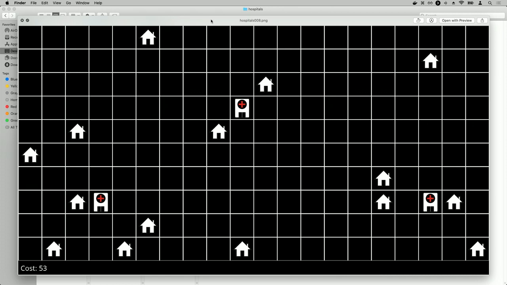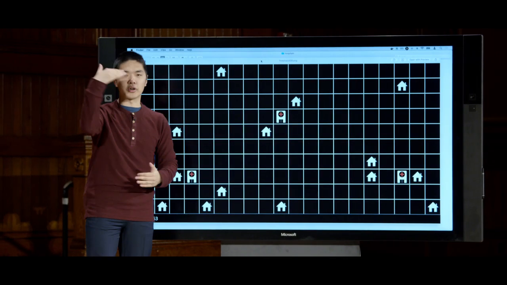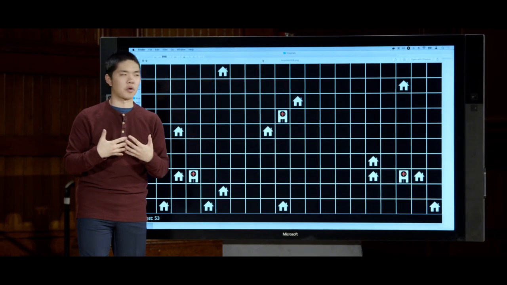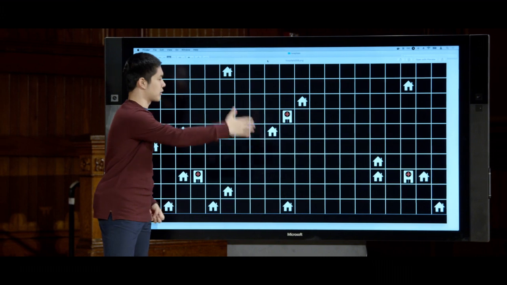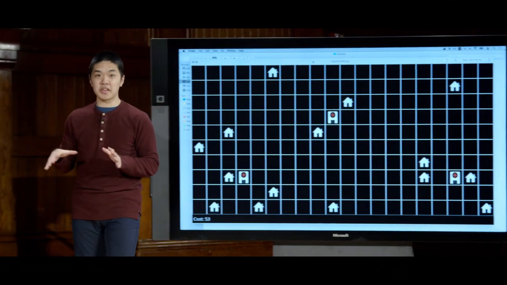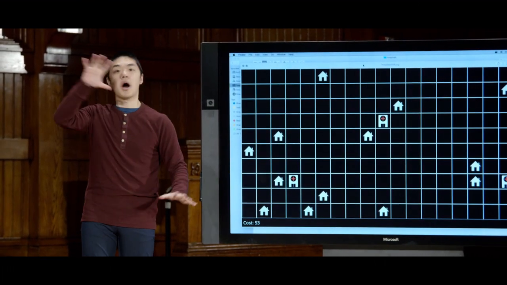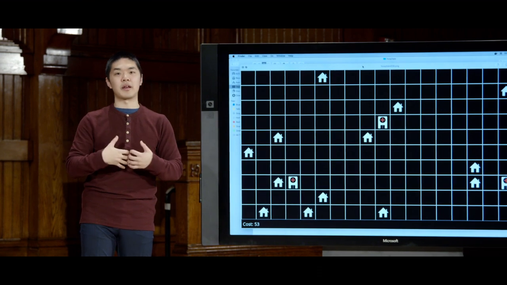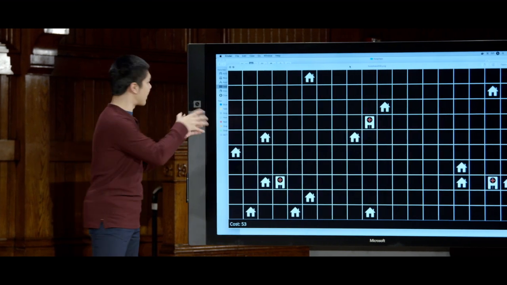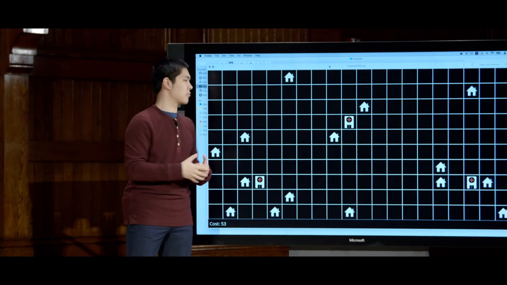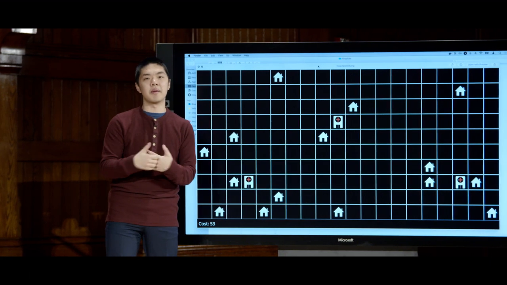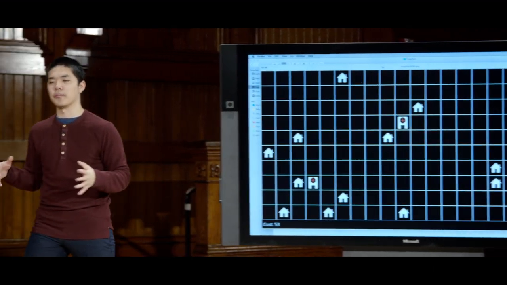We can take this hospital and that hospital and look at each of the neighbors, and none of those are going to be better than this particular configuration. And again, that's not to say that this is the best we could do. There might be some other configuration of hospitals that is a global minimum, and this might just be a local minimum that is the best of all of its neighbors, but maybe not the best in the entire possible state